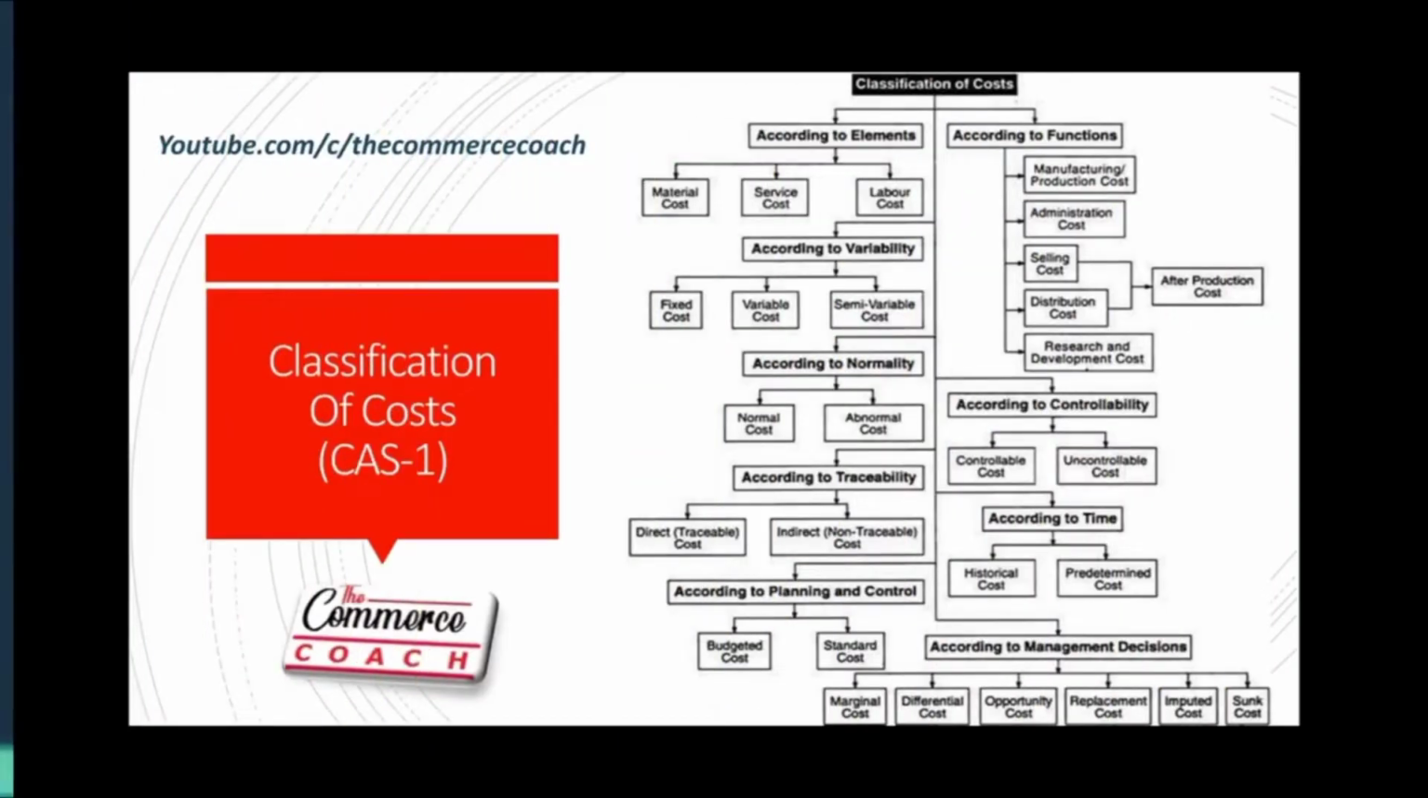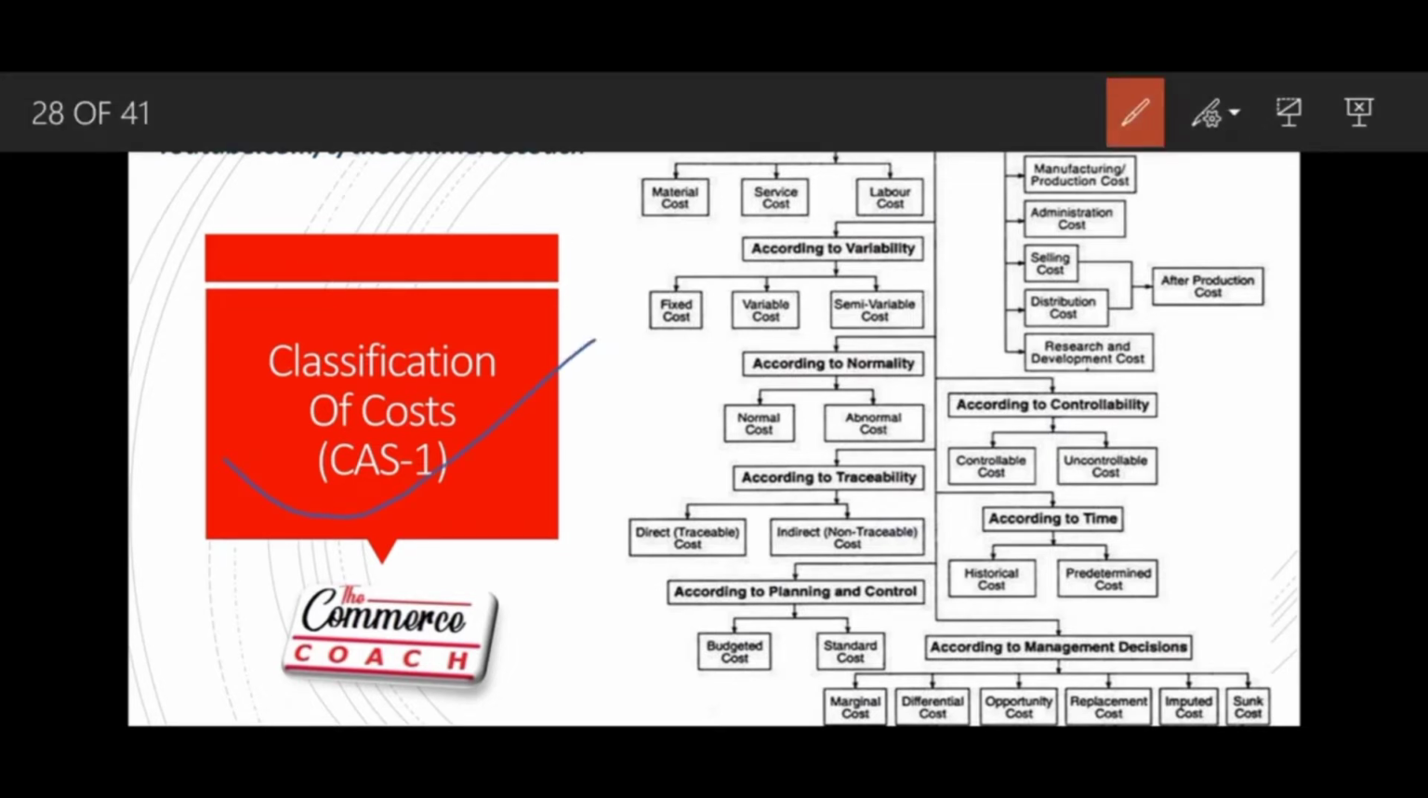Now the main and important part starts. In this part we will be doing classification of cost, such a huge task, as per Cost Accounting Standard number 1. Cost Accounting Standard number 1. This is a very hard task for us to learn, the classification of cost,